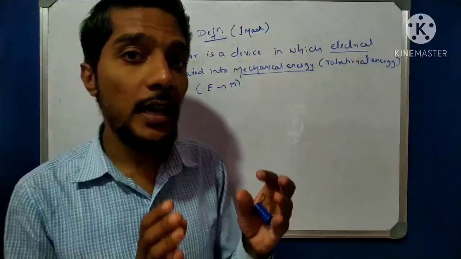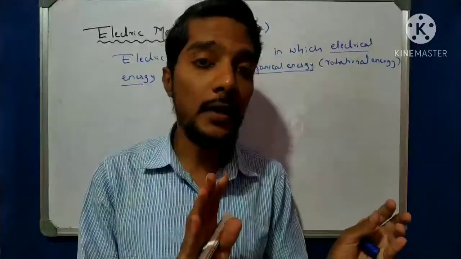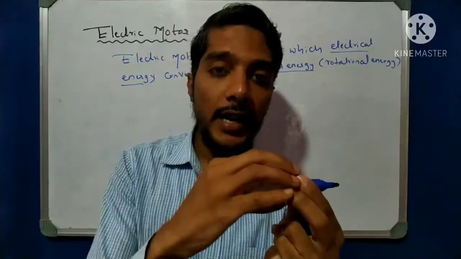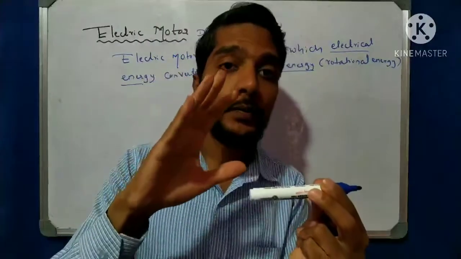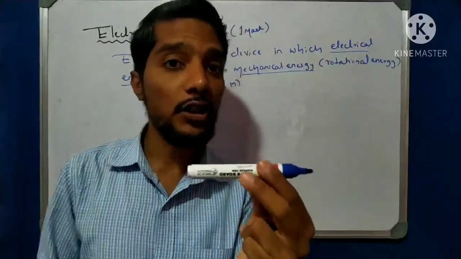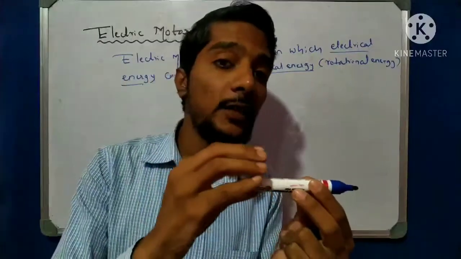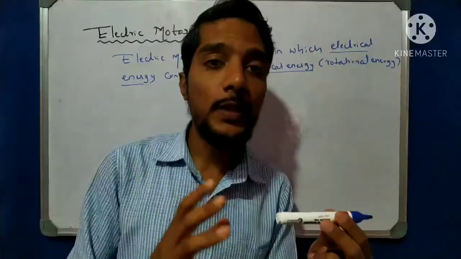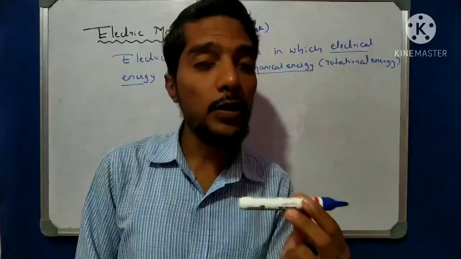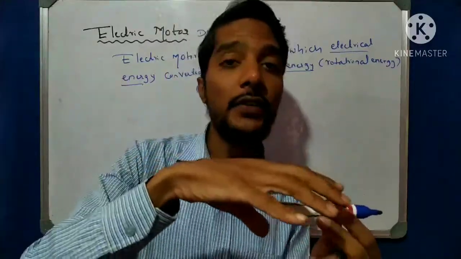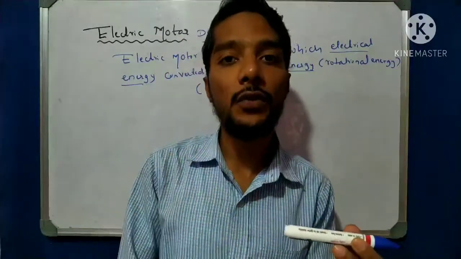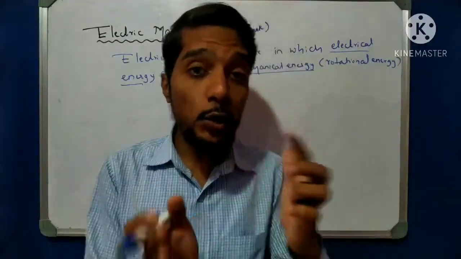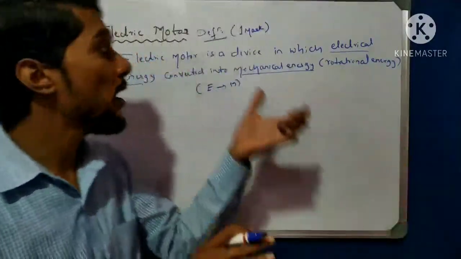So the scientist Ampere gave the concept that whenever an electric current carrying conductor is there, for example, a conductor having current, as per Hans Christian Oersted, whenever a current is passed through a conductor, a magnetic field is produced around the conductor. This concept was further used by Ampere, and he observed that whenever a current carrying conductor is kept in a magnetic field, it experiences a force, that is, motion of the conductor. That idea is given by the scientist, and it is used by engineers to make a device, and that device is called an electric motor.